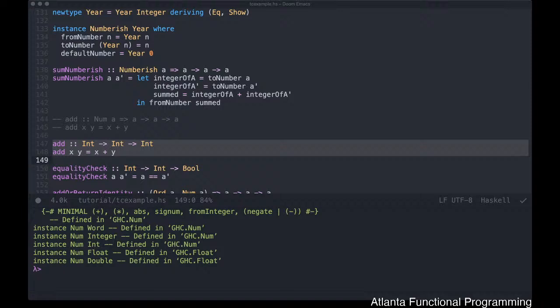and let the type system do what it's actually intended to do, which is figure out what type a given input is, figure out what constraints that concrete input type implements, or check to see if that instance is available for use in a function, and then dispatch on that instance once it finds it, or throw an error if it doesn't. Okay, these four things for the type system in Haskell to work,